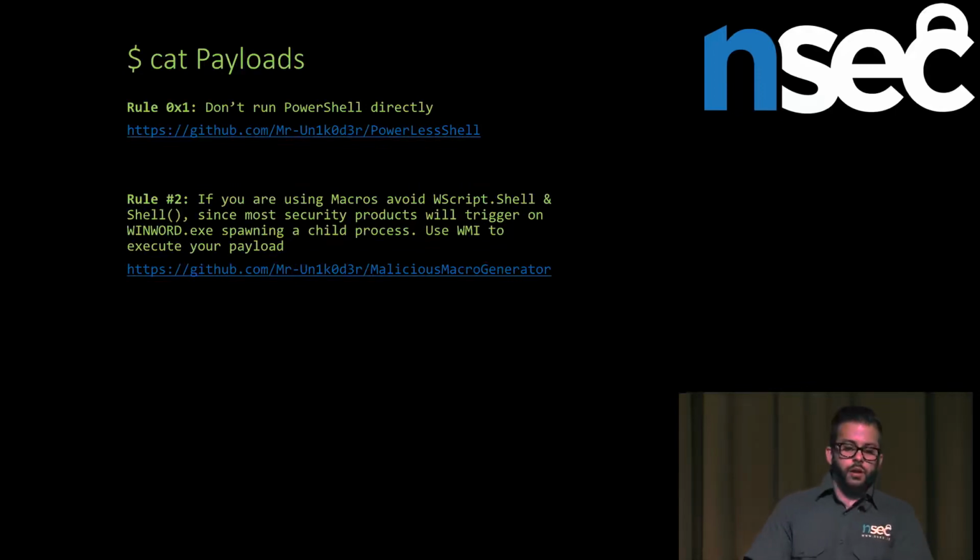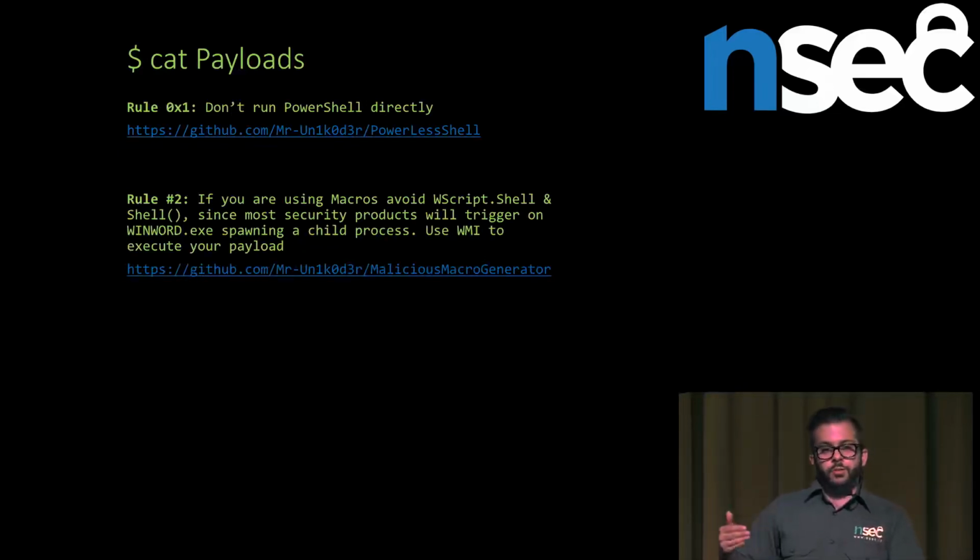So if you use that, you're going to run whatever PowerShell you want without having to execute the PowerShell process itself. If you're using a macro, for example, the well-known technique is to rely on WScript.Shell or the function called Shell itself. The big issue with that is that we're going to spawn a child process like CMD or whatever you run. And most systems are going to detect the child process of WinWord, which is not what you want, right? The solution that I came up with is to use WMI through WinExec, through your macro, sorry.